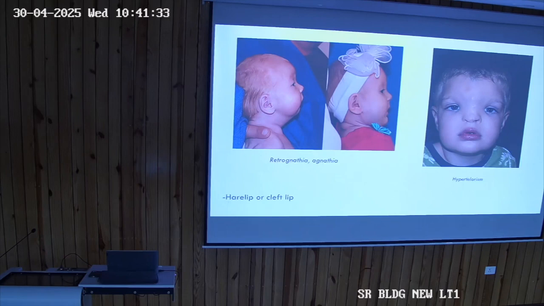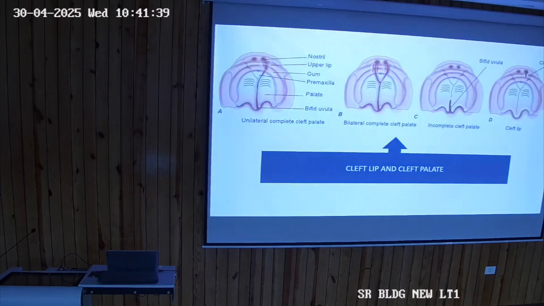Hair lip or cleft lip, which is the main topic and a triple star mark question that comes in your exam. Cleft lip and palate. Okay, so we have seen that the palate is formed by the fusion of various processes. The lip is formed by the fusion of various processes. So non-fusion of these processes leads to either cleft lip or cleft palate or both cleft lip and palate. Basically, if there is a split in the upper lip, then it is known as cleft lip. If there is a split in the palate, then it is known as cleft palate.